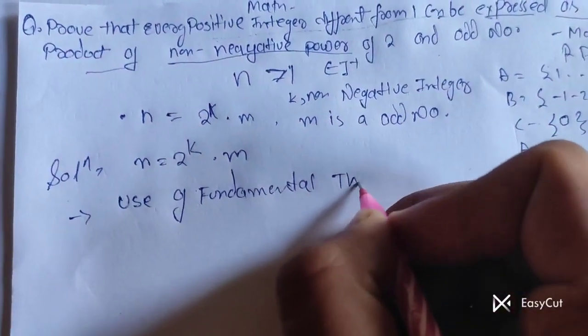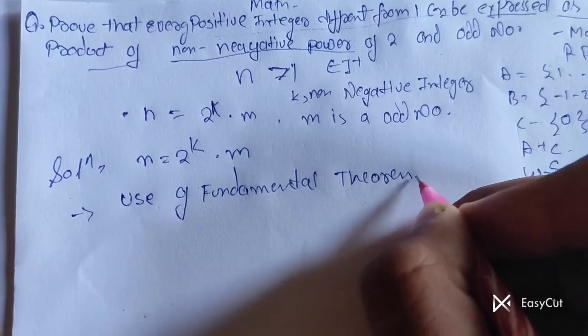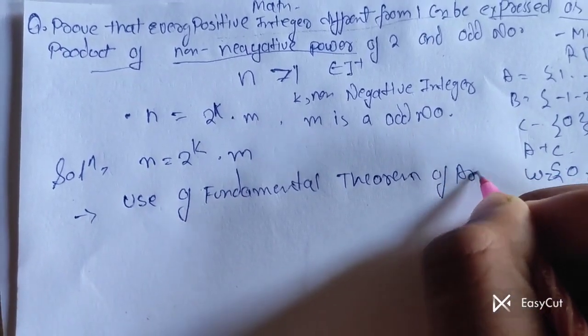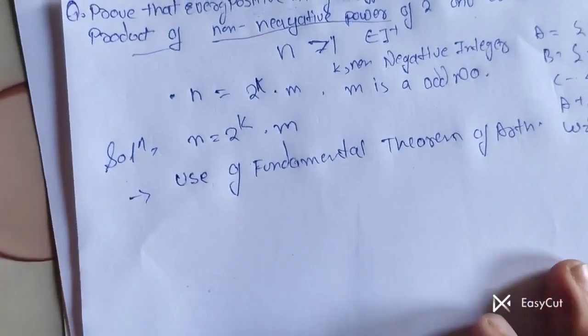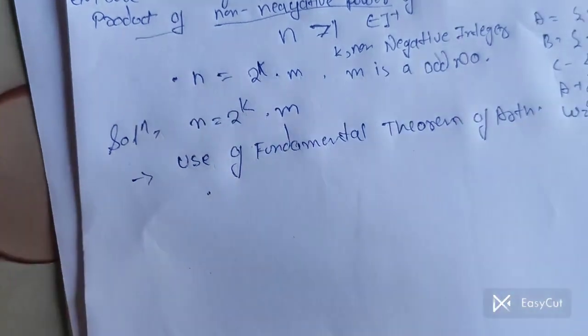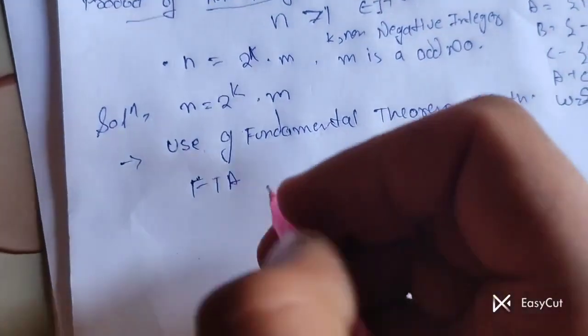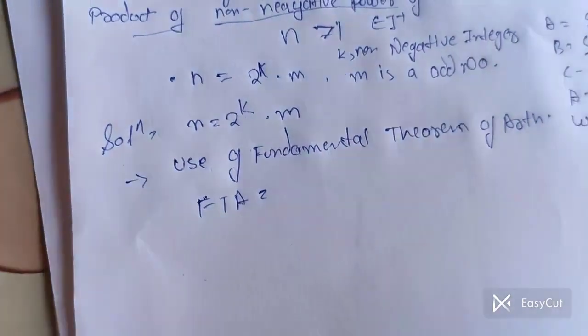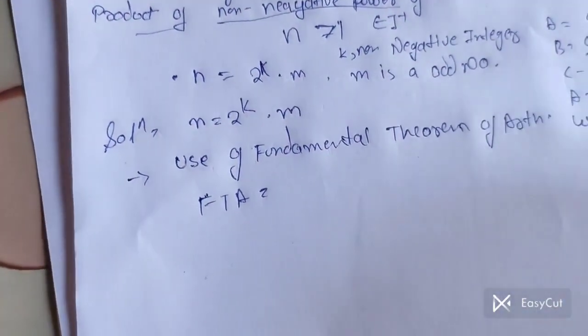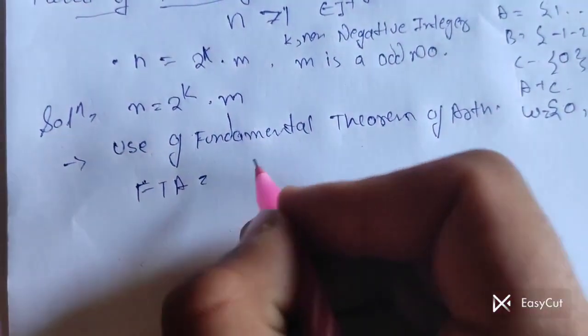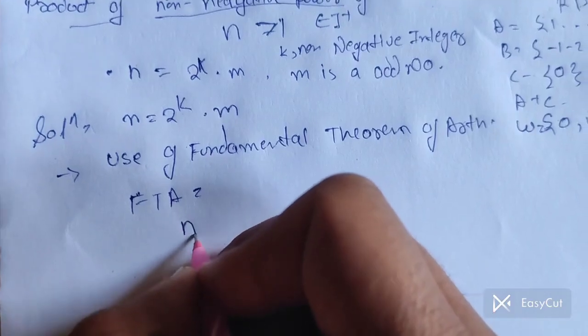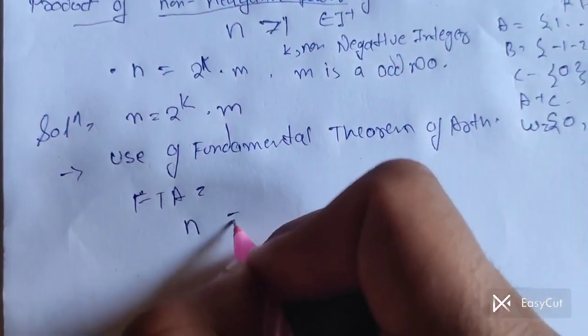So we know that according to the fundamental theorem of arithmetic, I always say FTA, every composite number is expressed in prime factors in ascending order of power. Okay, so that is our n. It is easily expressed as